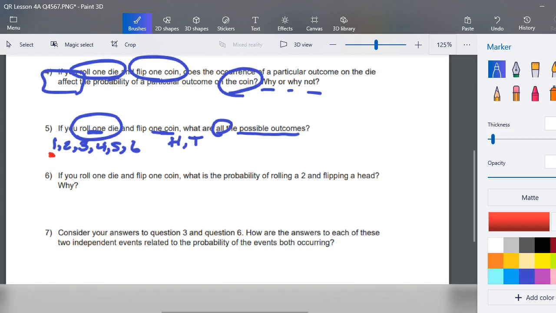In other words, over here, I'm going to write everything down. I can end up with a 1 on the die and heads on the coin. I can end up with 1 on the die and tails on the coin. Well, I'm done with 1. Let's move on to 2. If I get a 2 on the die, that means I could be getting heads on the coin. I could get a 2 on the die and I could get tails on the coin. Well, 2's done. So I'm going to keep going with this pattern